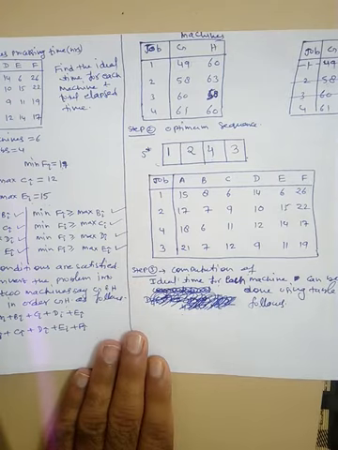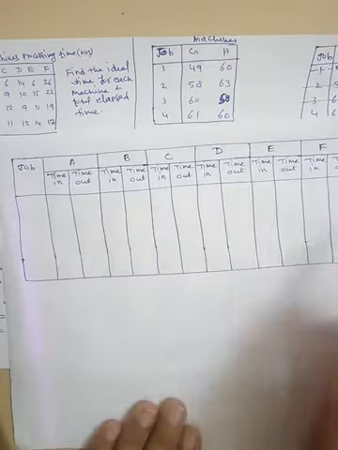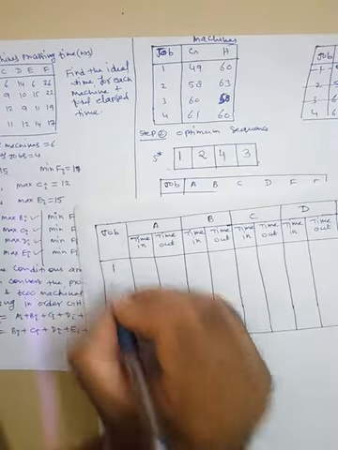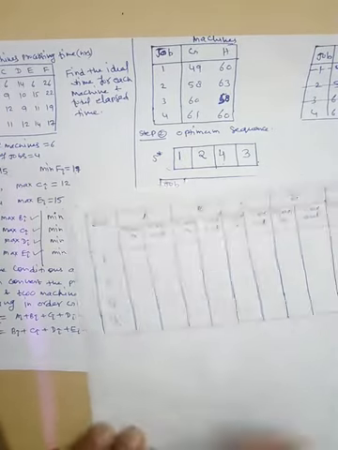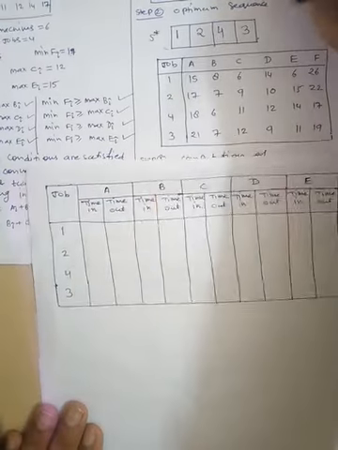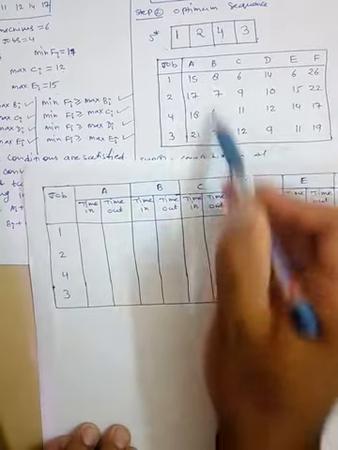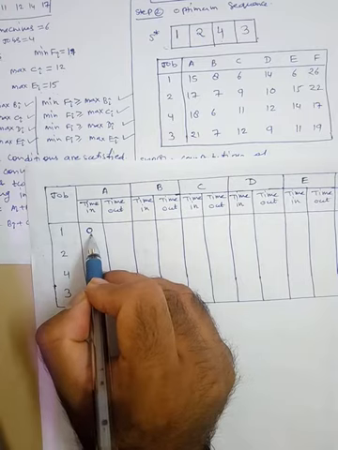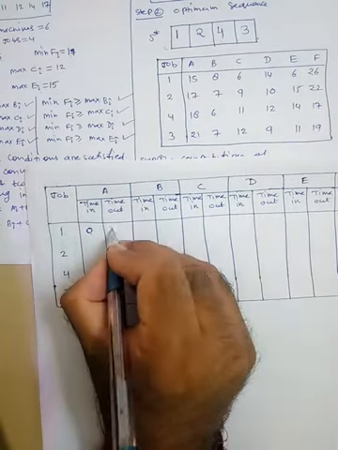So for step 3 we have to constitute a table. So first write down the optimum sequence, which is 1, then 2, then 4 and then 3. This was the optimum sequence. Here is the table. So first constitute this A. So here time in is 0. Machine will start from 0. It will take 15 hours. So write down here 15.